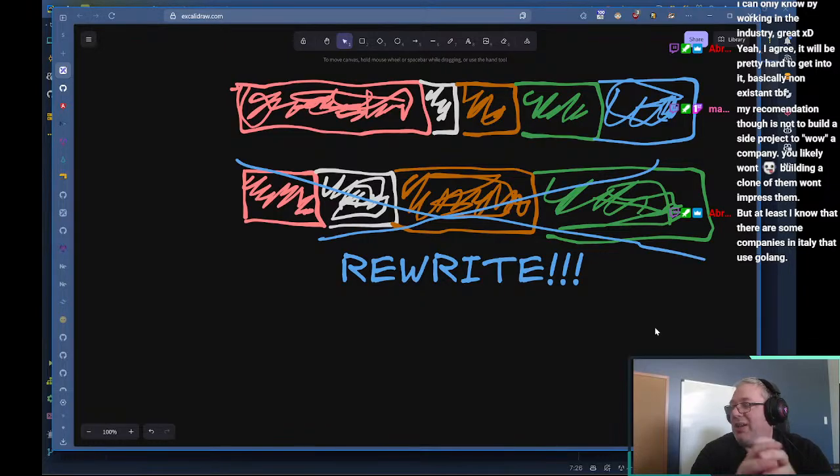Yeah, exactly. When you're going into an industry of this caliber, you either need to have established your name or you need to establish your name in the interviewing process, right? And you may impress them just by learning Golang and producing something impressive in Golang, because there may not be that many Golang developers in Italy. So yeah,